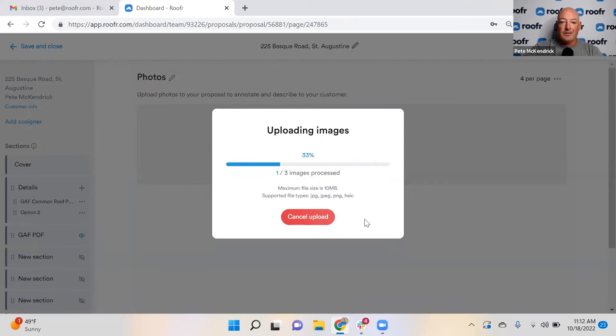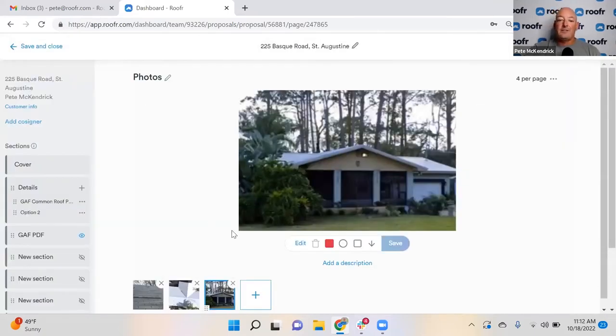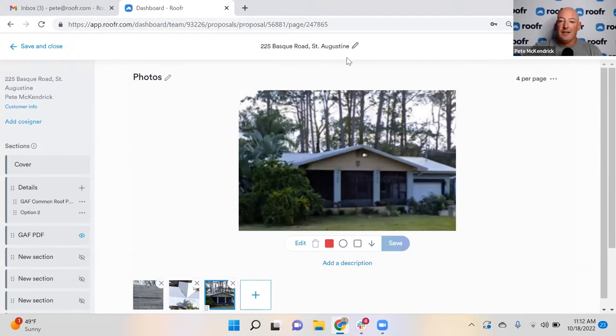And just real quickly here, you have the ability, like I said, to either bring over the annotated photos or actually go in here and mark up the photos inside of Roofr itself. So you've got both options here. And then what that does is that allows you to use your photos to really build out a proposal here in Roofr. The nice part about this is, especially if you're someone who's doing insurance work, or you're leading with